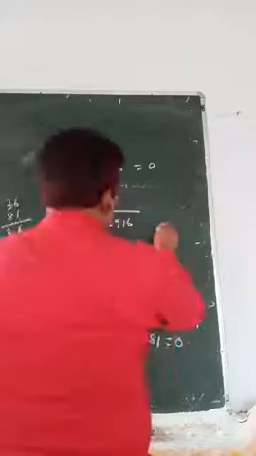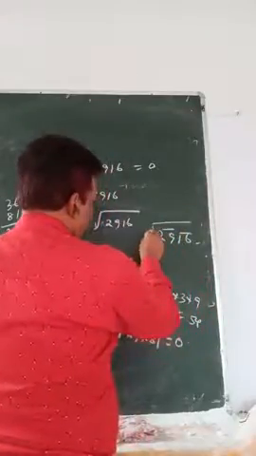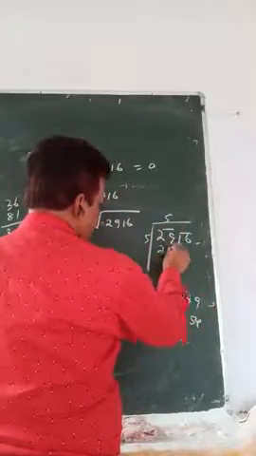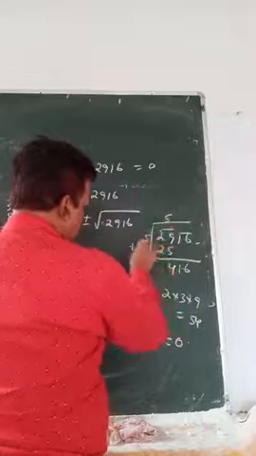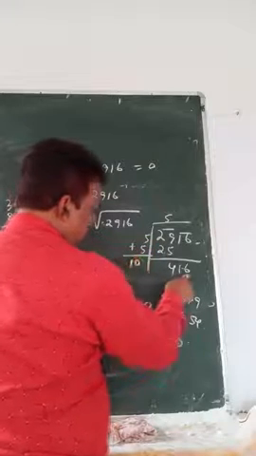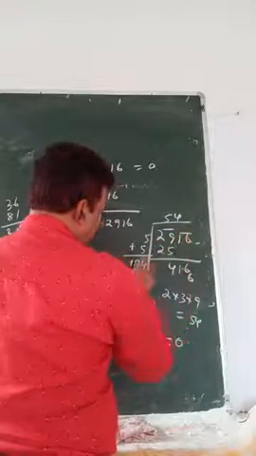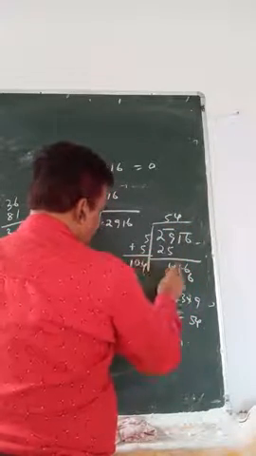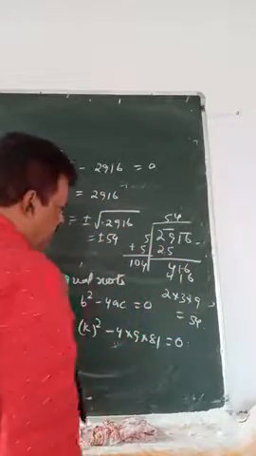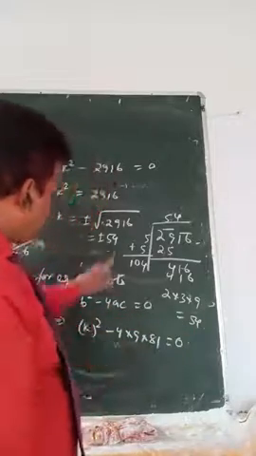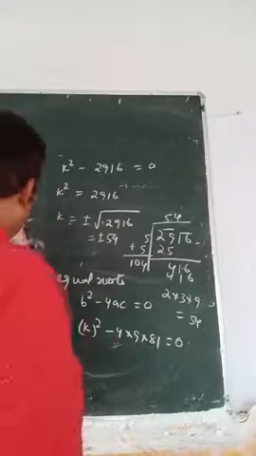Look at here, 2916. Make pair first. 5, 5 is 25. 4, 1, 6. This 5 you take here. Then last number is 6. Try with 4. 4, 4 is 16. Carry 1. 4, 0, 0, 1. 4, 1 is 4. That means 54 is coming. Plus minus 54. Same thing here. But if you know how to find square root, you can do also shortcut method. Okay. Now